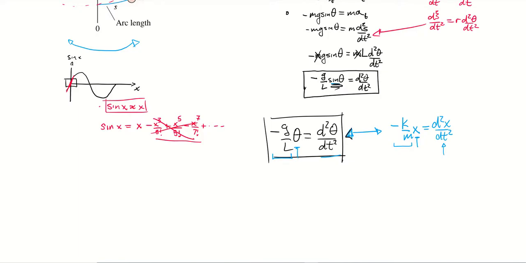So mathematically these are identical equations, so we know that the solution, theta as a function of time, is going to have the exact same form our x as a function of time did, which is a cosine of omega t minus phi naught. And that's how we can describe the angular position of our pendulum as a function of time.